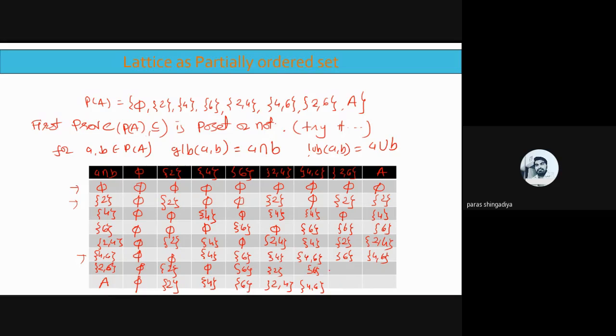Clear? And now 2 6 with 2 6, the answer is 2 6, and 2 6 with A, the answer is 2 6, and it is A itself. Clear? A और A का intersection क्या होगा? A itself. Clear? So this is where we can